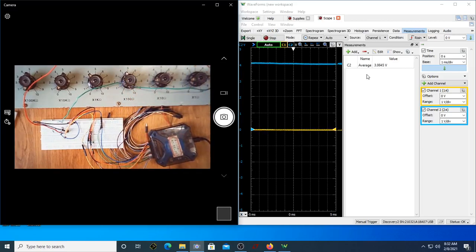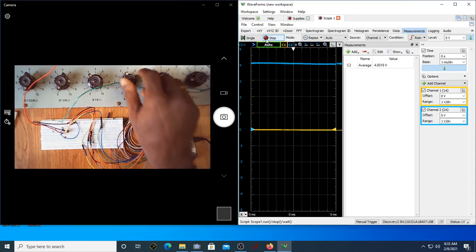So this is not a good collector voltage, because if I apply the input voltage, now it will swing around this. So it will go up to 5, and it has gone down till almost 0.2 or 0.3 volts. So that's why, in order to have a good swing, we have to bring this close to 2.5. So let me again run it. So let me increase this.